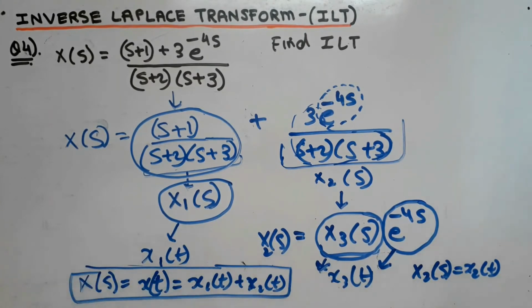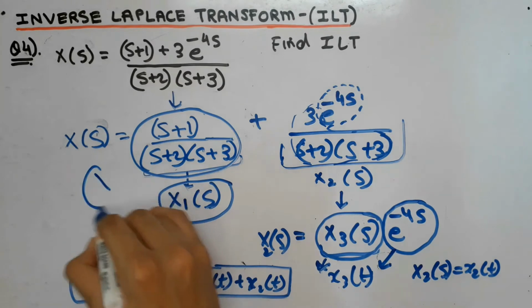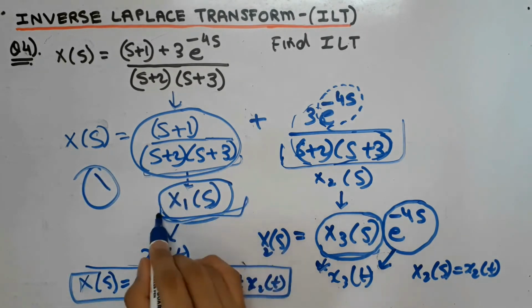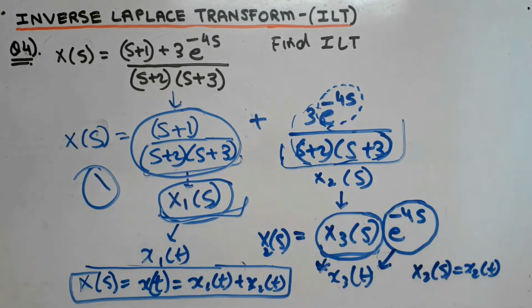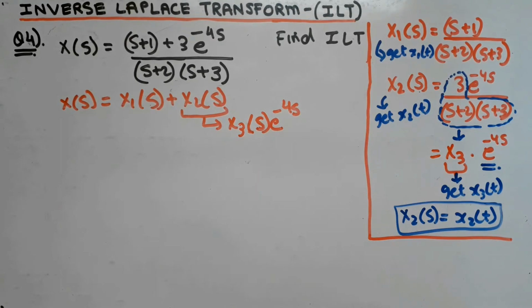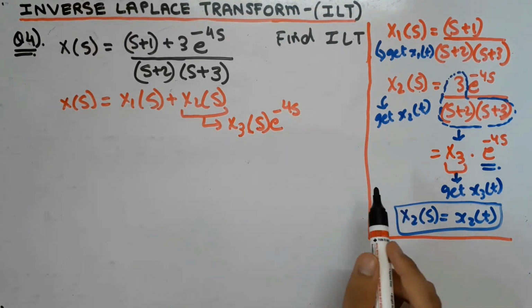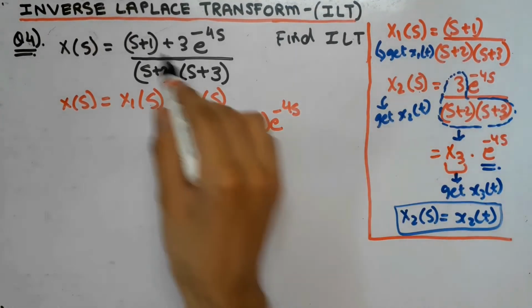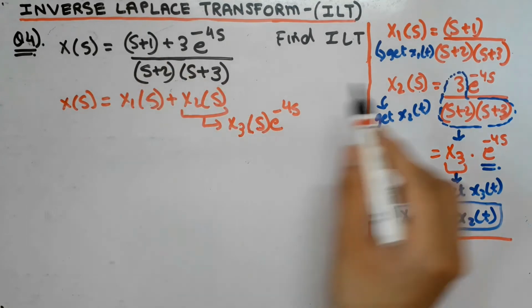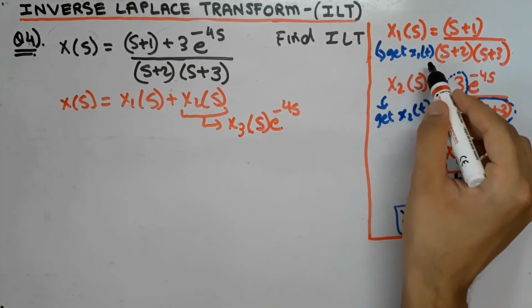We will do this question step by step. So our first step is to find the value of X1(s). Then we will look at this part. Now we are going to find the value of x1(t) that we will get from X1(s). And I have also made a summary of what we discussed earlier. I'll explain it again. That first we will find X1(s) that we have considered from here, and from that we will find x1(t).